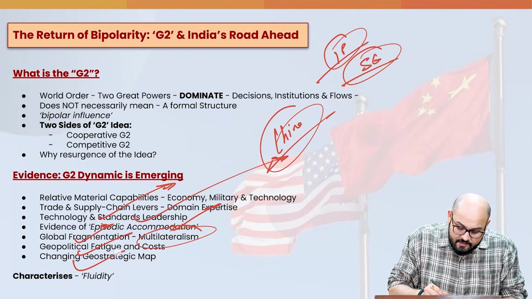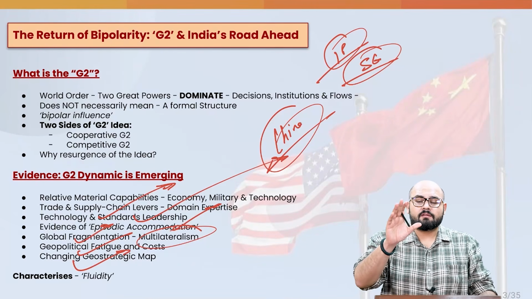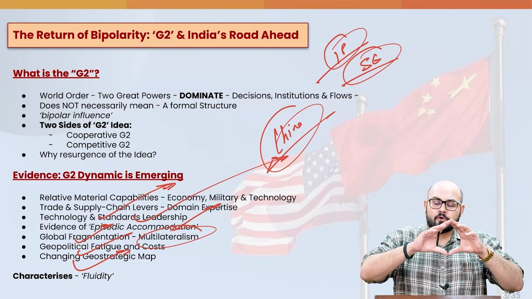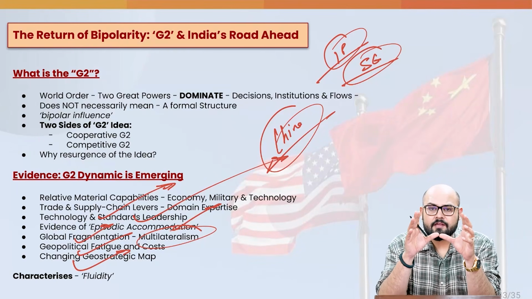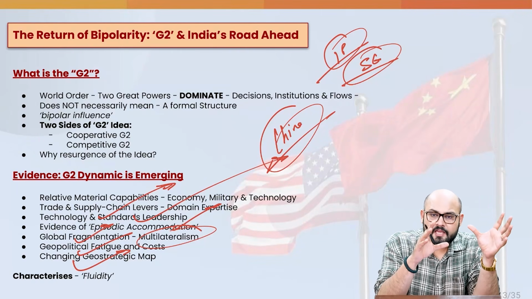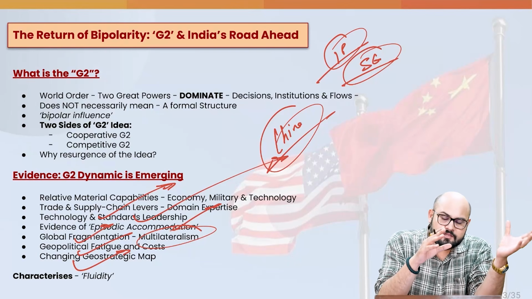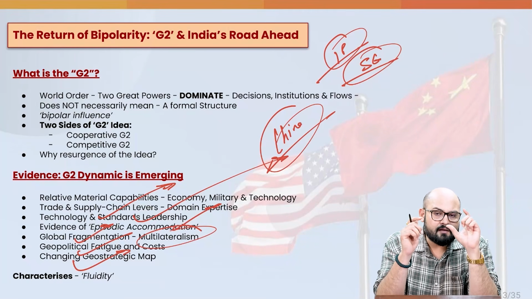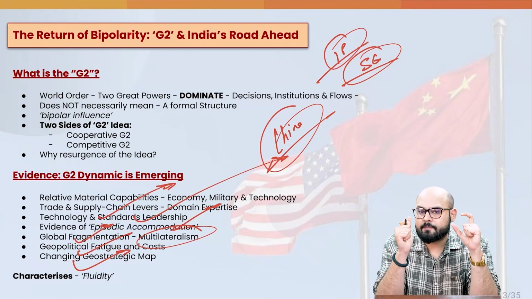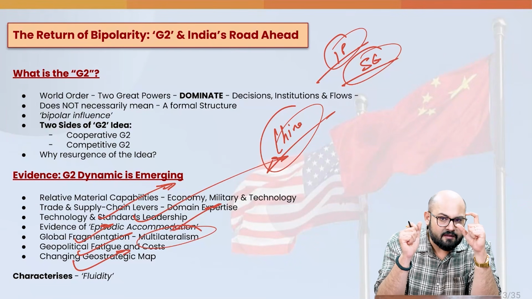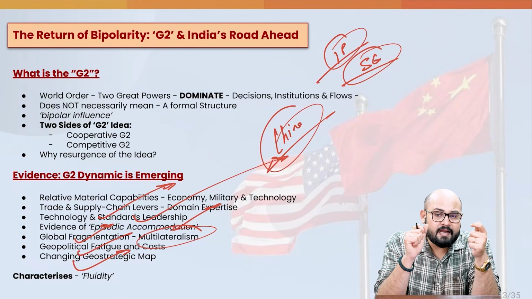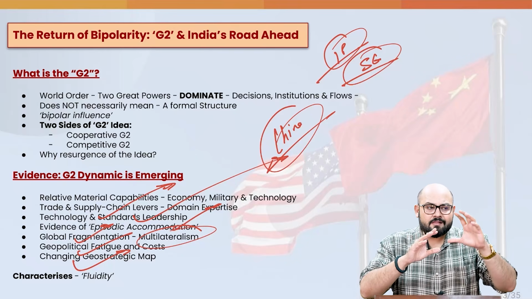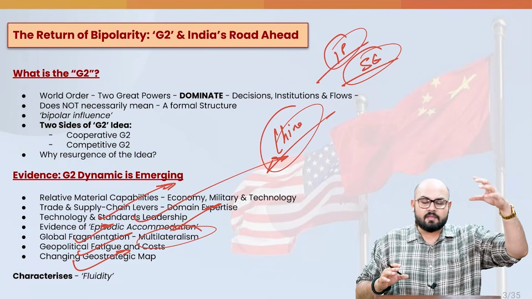Next, we have the changing geostrategic map. You talk about the Russia-Ukraine war or what is happening in the Middle East. So these have become prolonged conflicts. Now, what these countries are thinking is possibly that they should divert their attention from these issues and rather focus upon the important areas. And we already know which is the most important area for President Trump. It's the trade aspect. And that is the reason he has been using trade as a bargaining chip with different countries. So what you'll have to understand is, since these issues are not being resolved,